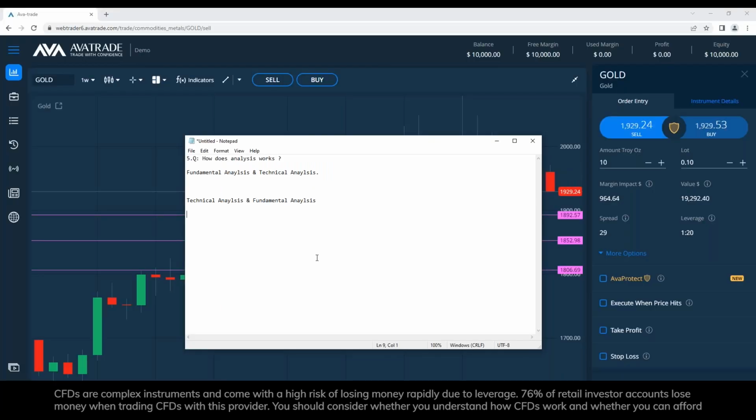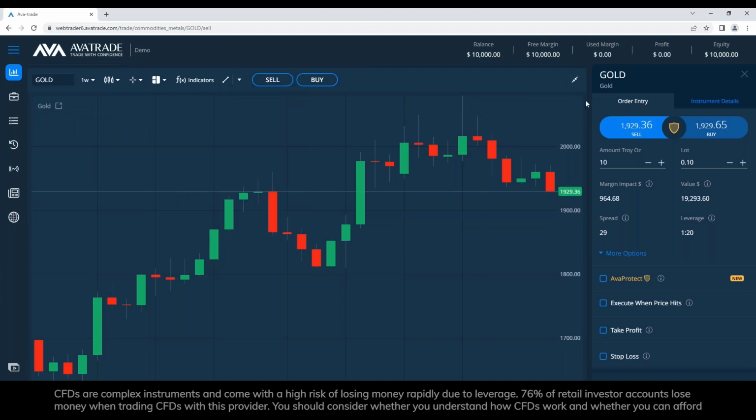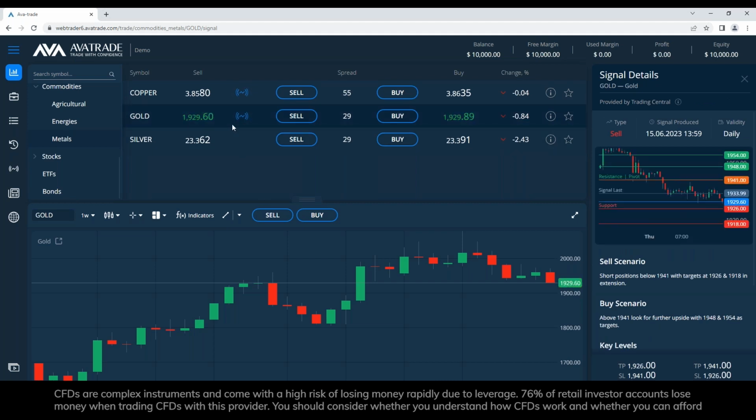Okay, the other thing that I wanted to show you guys, beside the economic calendar, is one of the things that we added recently. It's very good for technical analysis. You can see here next to the gold, we have a lightning icon. If I click on the lightning icon, I'm not sure it's lightning, but I'm just guessing. So this is signals provided by Trading Central.